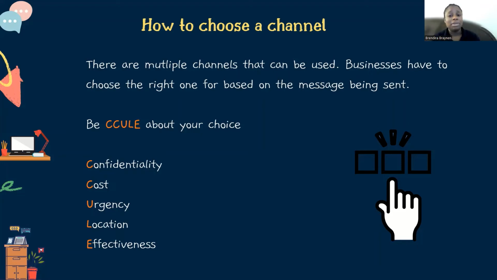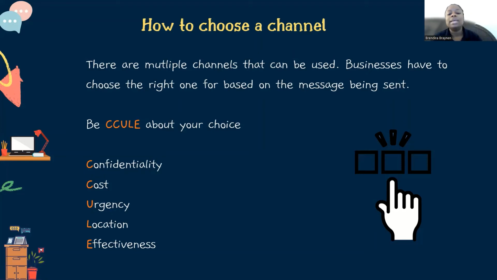A short call to somebody on the same island, that's not expensive. That may be the better option on an island, but may not be the better option if you're calling somebody far away in a different time zone and for a longer period of time. So that's something to be considered.